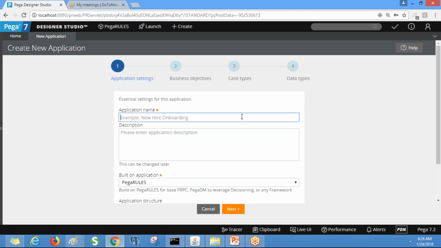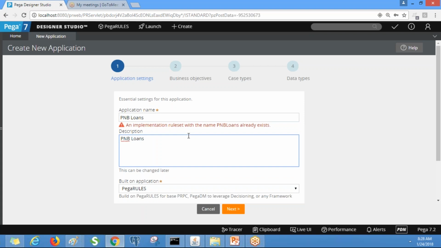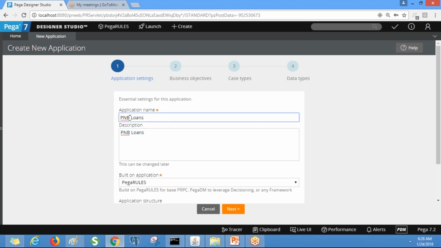Here for the application name, I'm going to provide PNB loans. Sorry, PNC, because PNB already exists. If you enter an application name which already exists, it will show you.